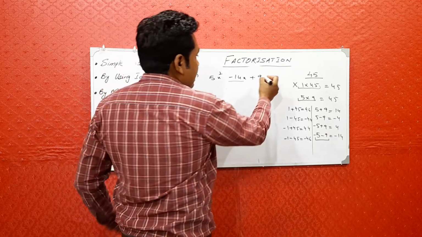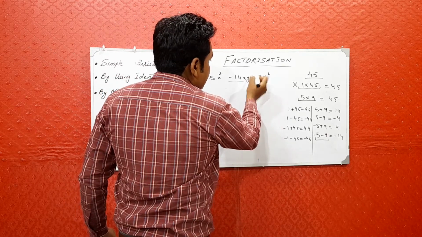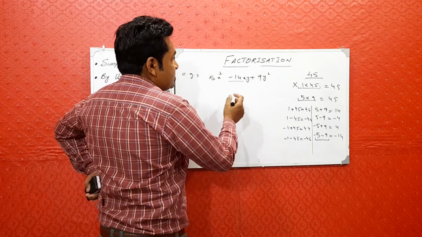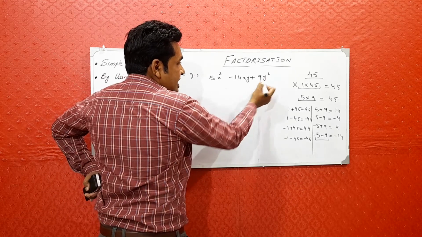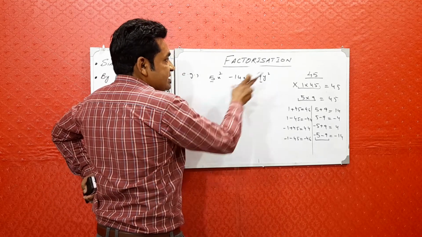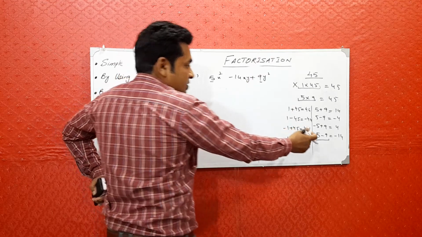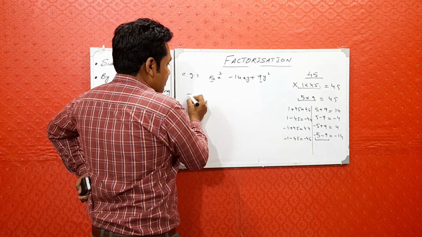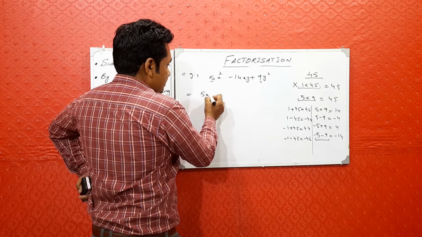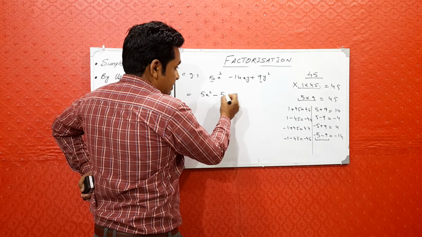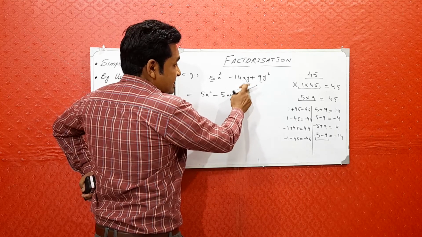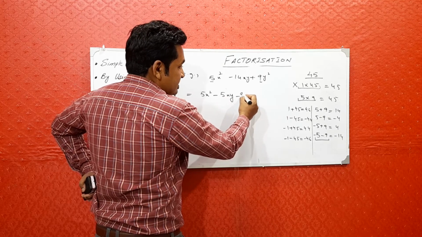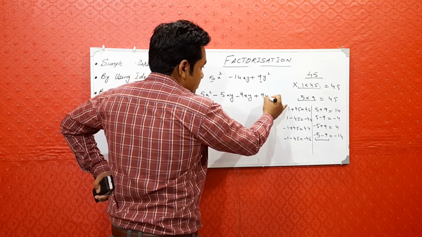Suppose we have 9y squared and it is also y. Okay, the same thing you are going to do. It is 9, it is 5, multiply these two numbers, 45, break it down. You know that minus 5 and minus 9 gives you minus 14. So when you start your solution, we will write down 5x squared minus 5xy, because this time it is xy. So you are supposed to write down xy. So minus 9xy and plus 9y squared.